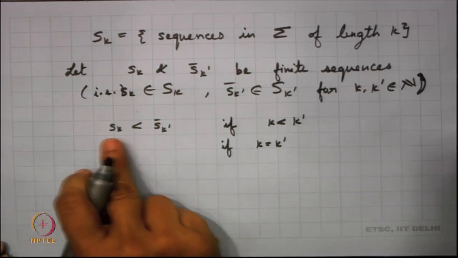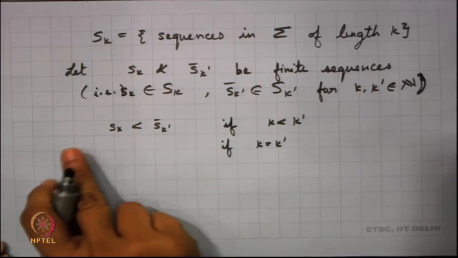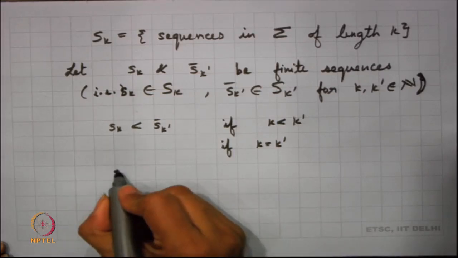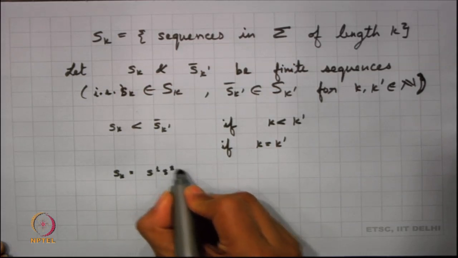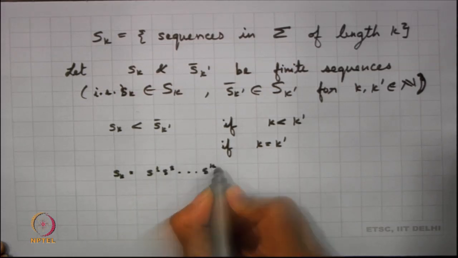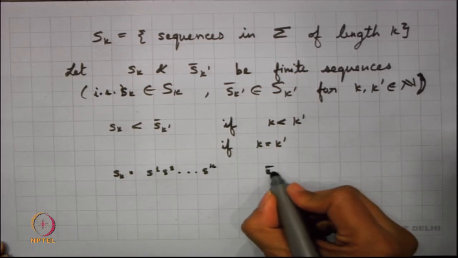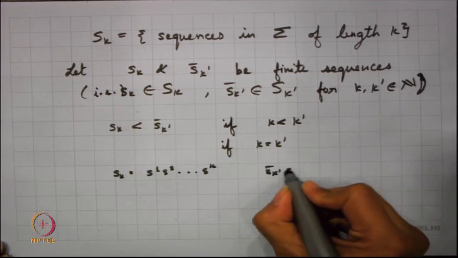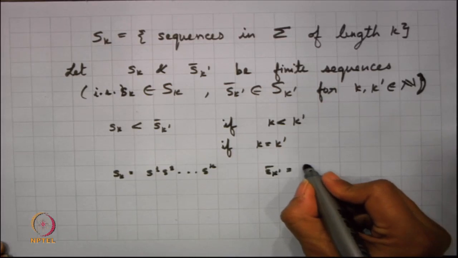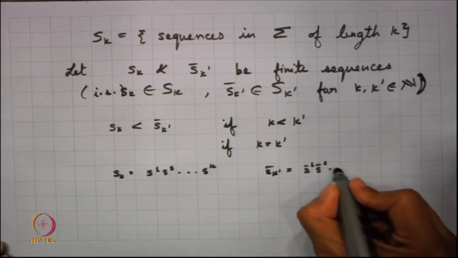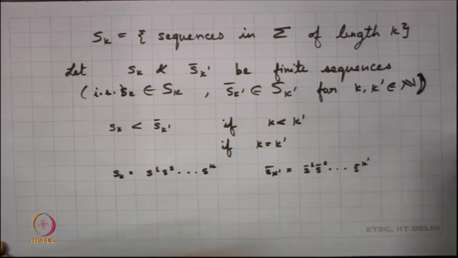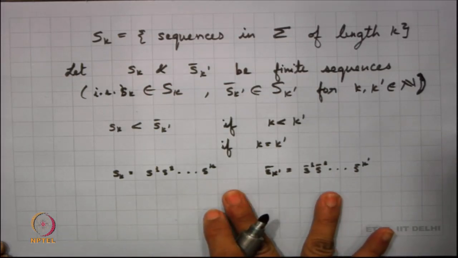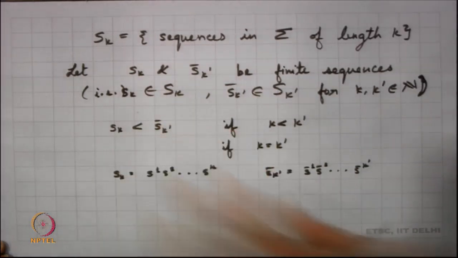If k is equal to k′, then we know that this will consist of n sequences. Say my S_k happens to be of the form S_1, S_2, up to S_k, and my S̄_k′ happens to be of the form S̄_1, S̄_2, up to S̄_k′. And now since k and k′ are the same, these two are the same length. Then we say that S_k is less than S̄_k′ if